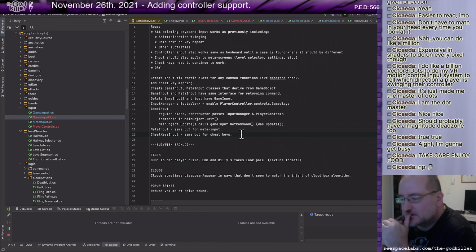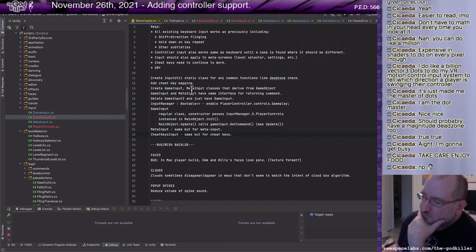Oh, I could make my... Yeah, let's do it. Let's just add the cheat key mapping. I think right now we'll have skip level.